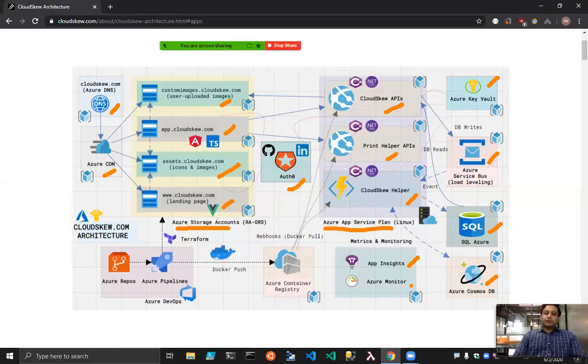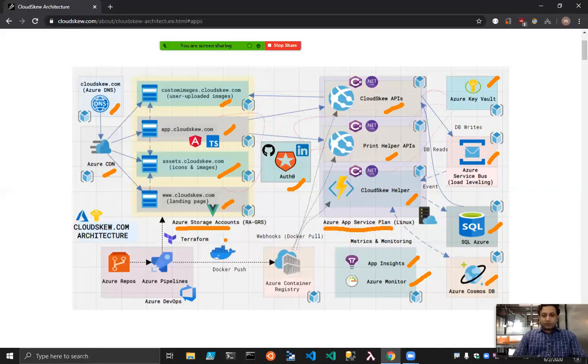For alerting, we use Azure Monitor Alerts. Some of the things that we raise tickets for is essentially when we return 500 errors from any of the backend APIs, or you have dead letter messages in the service bus, or the DTU utilization spikes beyond some threshold. So we want to be alerted. So all the incident management is done through Azure Monitor Alerts.